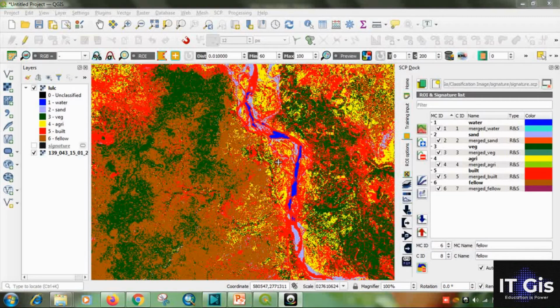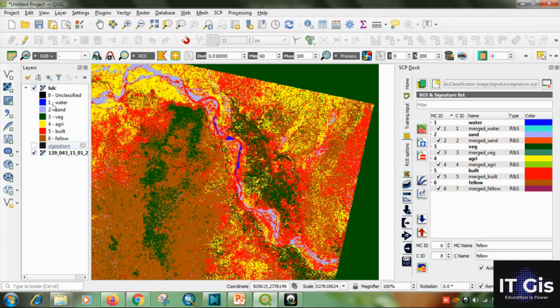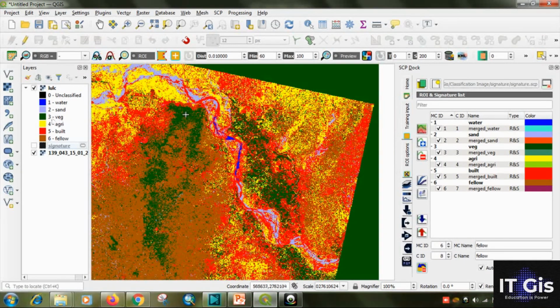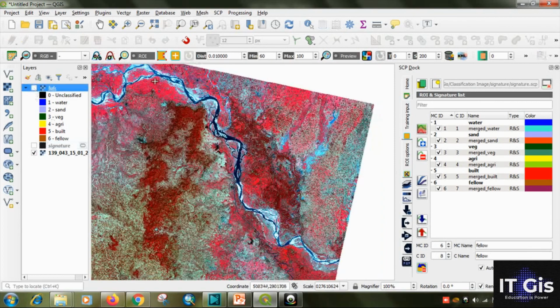So this is the classification. You can check and uncheck the classes. This is the vegetation, that is green. You can see it was properly classified. And these are the agricultural land, in yellow.